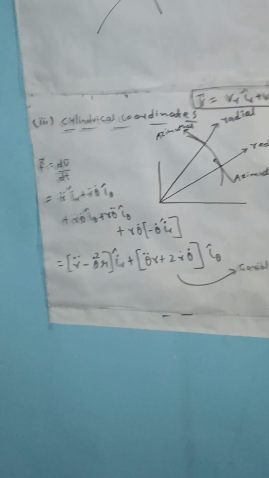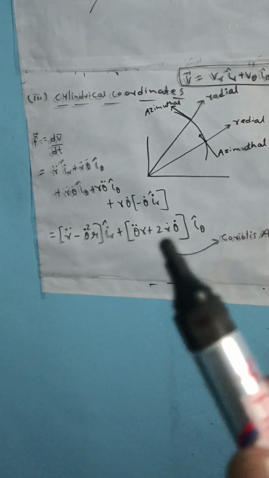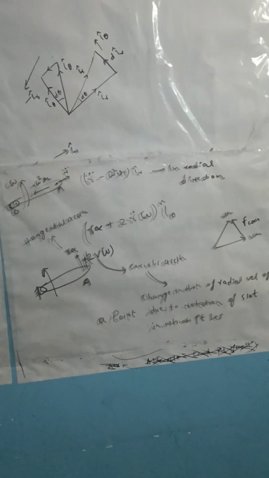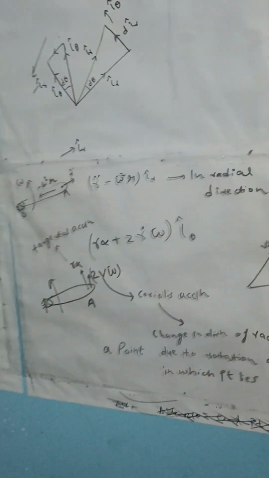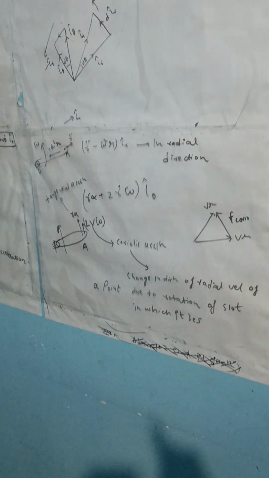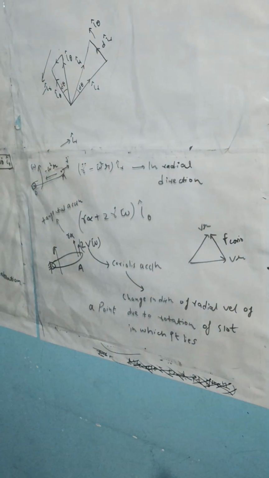So this topic is over. It is a very important topic. You just remember this formula and I will take one question which will make it completely clear. Look at this. Very important topic. Again I will say it is very important. This Coriolis acceleration we will study deeply in the subject Theory of Machines for mechanical engineering.